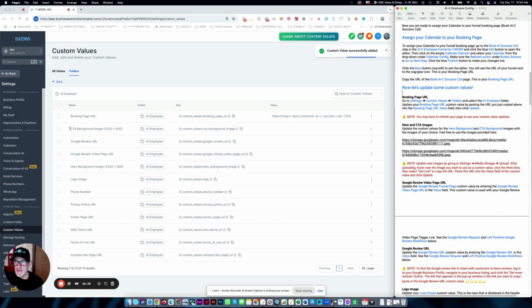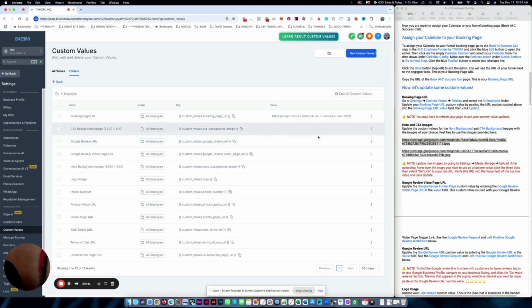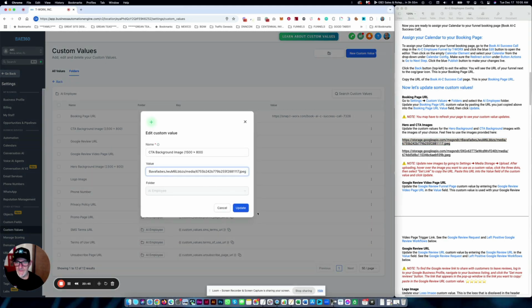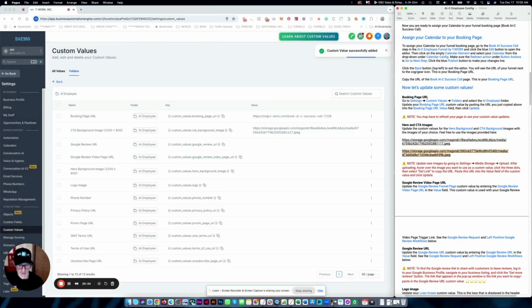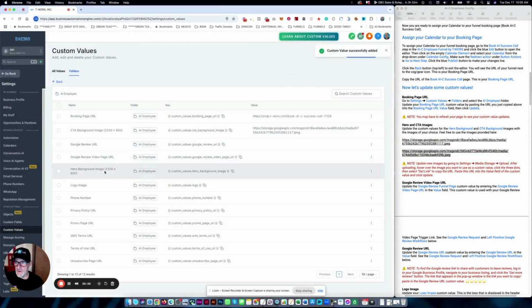For the CTA background image and for the hero background image, I have the images that I created and included in the funnels for you guys. So if you just copy these out of the doc that I have here. The first one is the CTA. Paste it in here. Or the first one is the hero background, sorry. And I'm going to grab the CTA one and paste that one in the